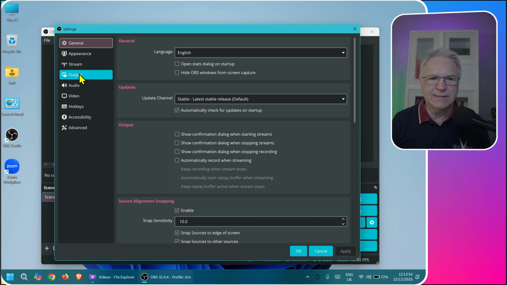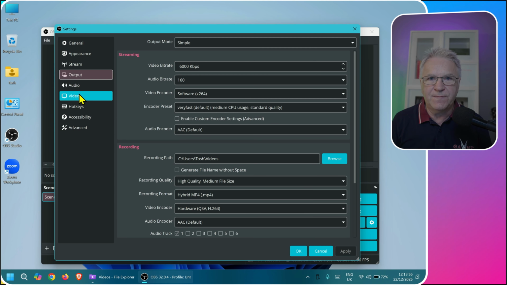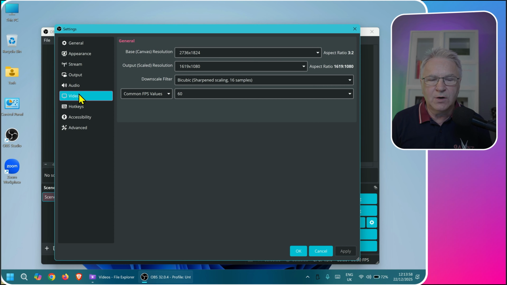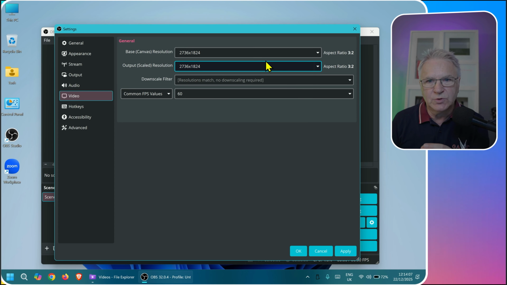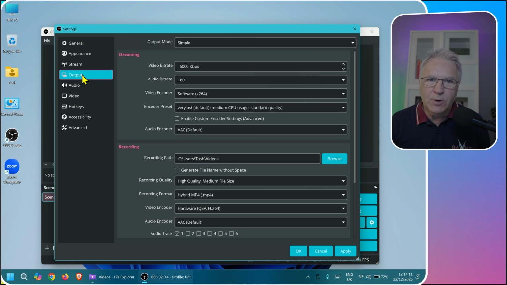Now, the main thing is the output and the video, okay? Already you can see it's decided to scale it down. I don't want to do that. I want to leave it at the highest possible so it's good quality. Change that straight away. The output, finally, is it gives you the simple view, and it says here it's recording